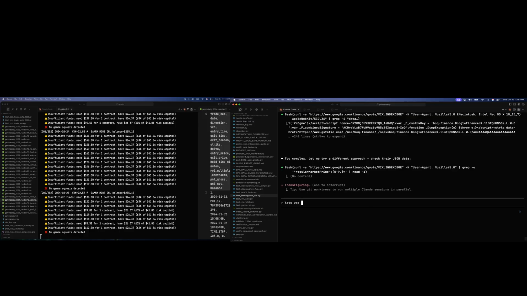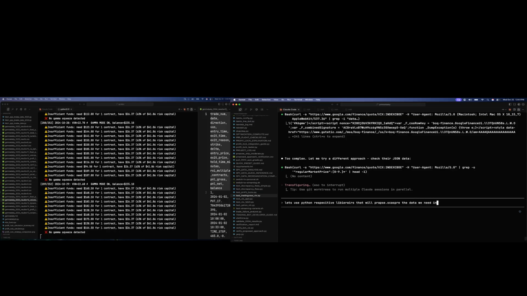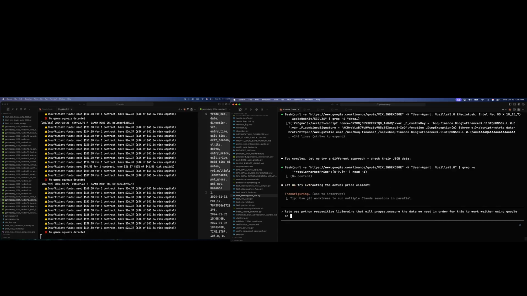Let's use the respective Python libraries that will parse the data we need in order for this to work, either using Google or